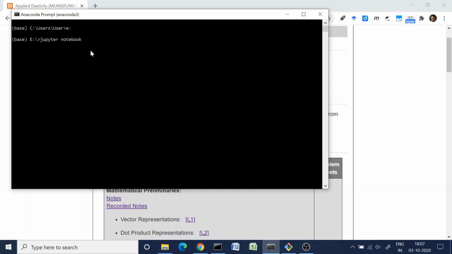all the visualizations and everything take place as a tab in your browser, of course. And that does not mean that it is an internet based or a cloud based thing. It is very much native to your local machine, to your local computer, but still the visualizations take place as if it is a net file. But it is not. It is very much local to your system. So let's press enter,